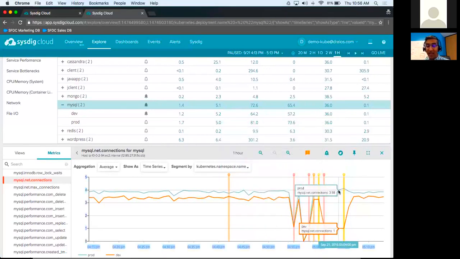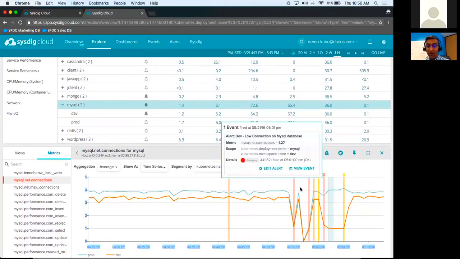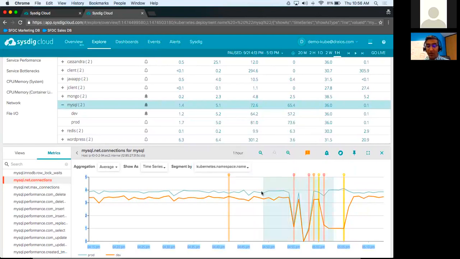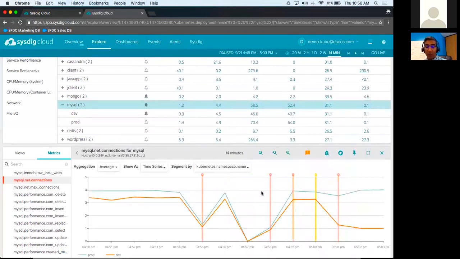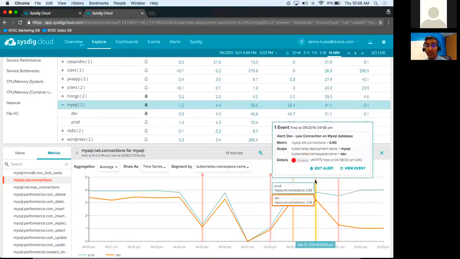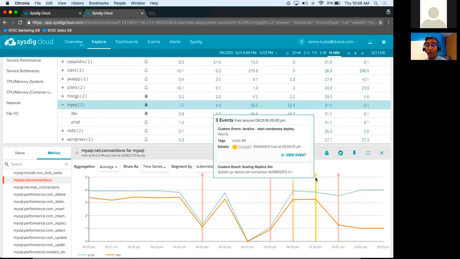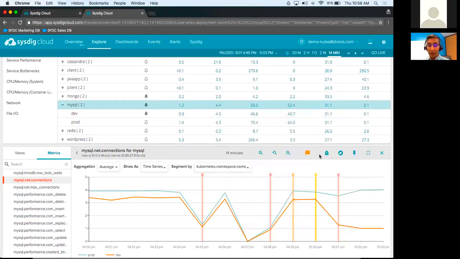So you can imagine a world where the rollback hadn't actually happened, and just having a specific view into this section of your environment would have given you the ability to see that this code rollout created part of the issue that you were dealing with. So this ability to deeply look at alerts, go back in time to see your metrics, correlate them with events, gives you the ability to go really, really deep in terms of troubleshooting.